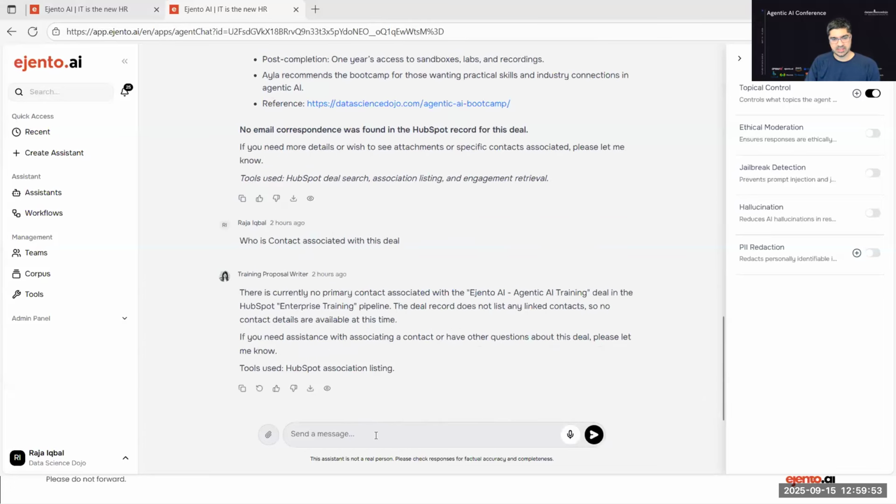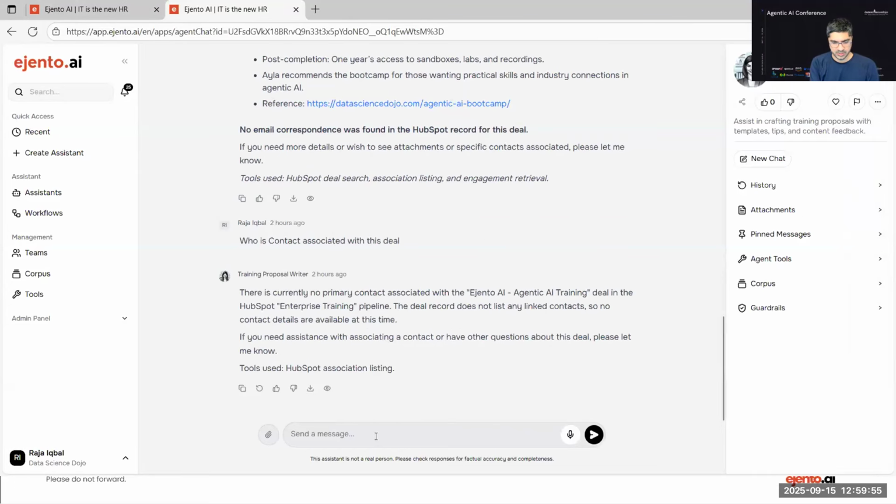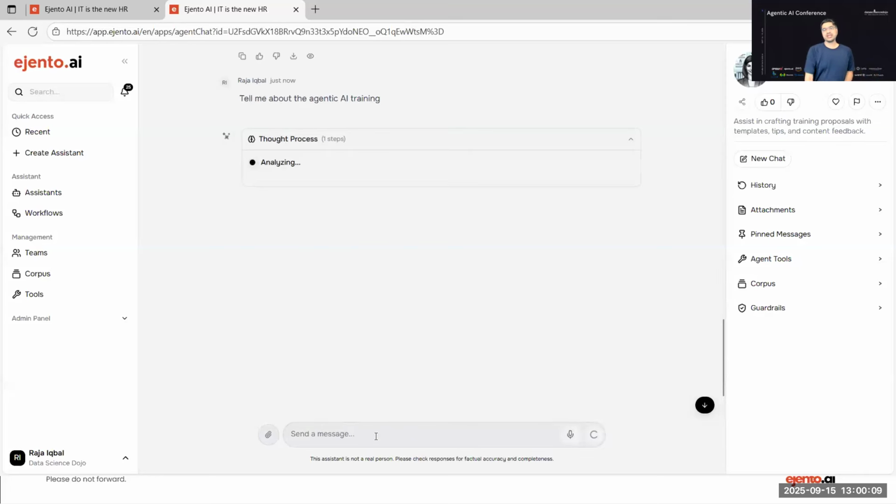Let me see. Tell me about the agentic AI training? And after enabling this guardrail, I expect it not to respond. Let's see. I'm doing this in a rush, so hopefully this should work out.